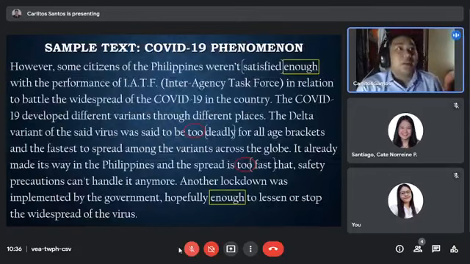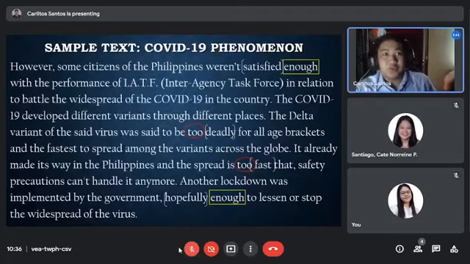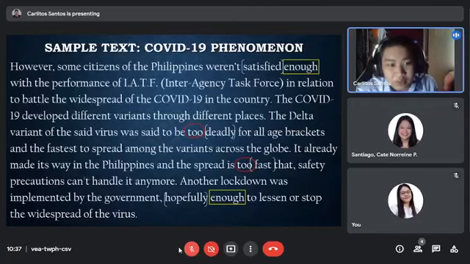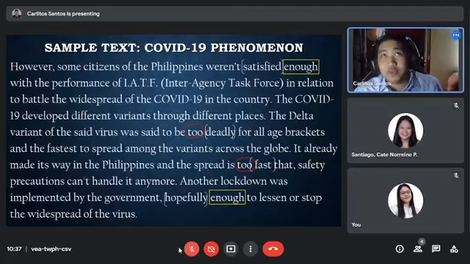So I have the text here. You can notice that too and enough can either substitute a word or empower a word before and after them. Just like here in our example, on the second paragraph, we have enough supporting the word satisfied. Going back to our previous video, enough means sufficient. So this means hopefully it is enough,